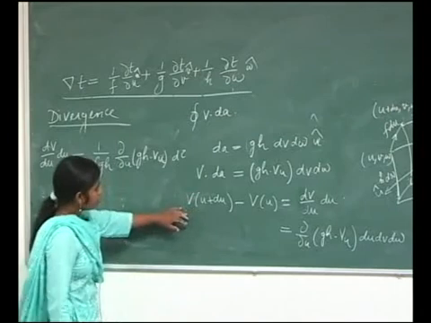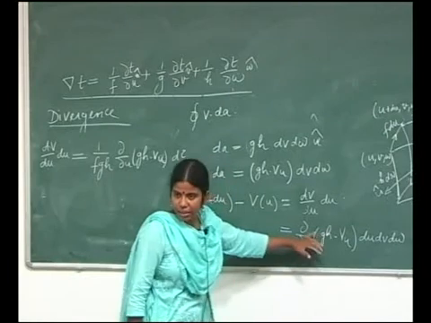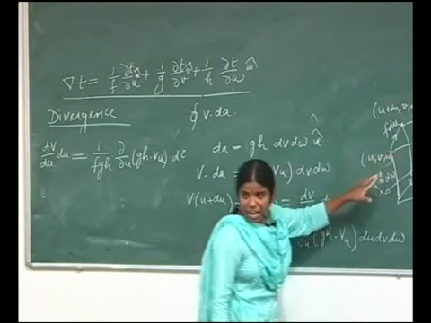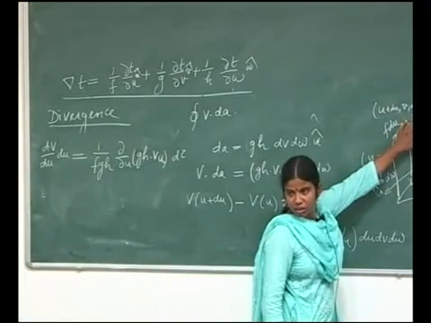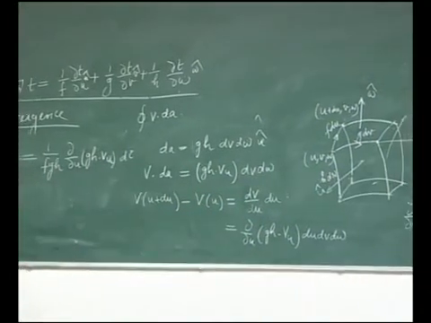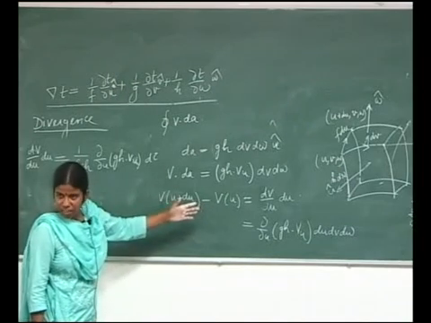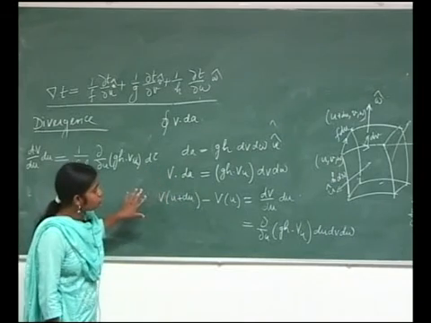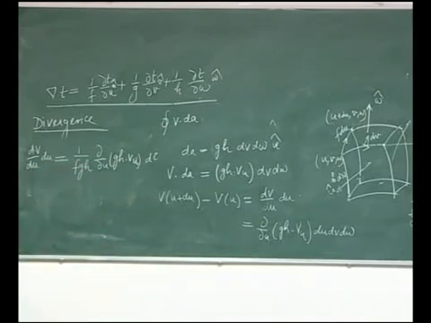You can say, okay, what she is asking is, here we have V, then why are we taking the value of V dot dA? Because this is a vector field. The vector field has changed by an infinitesimal amount on these two surfaces. If it is a velocity, I want to know the effect on the velocity field. So I have to calculate either with the distance vector, or with the surface area vector, or with the volume vector. But I want to estimate the change on the surface area, because that is my aim and I have to calculate divergence.